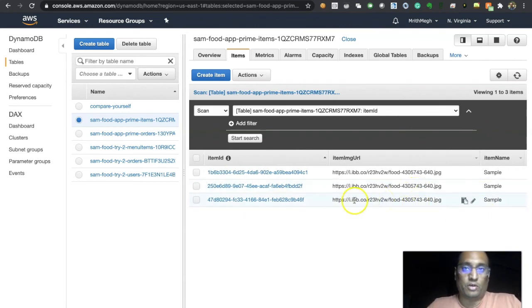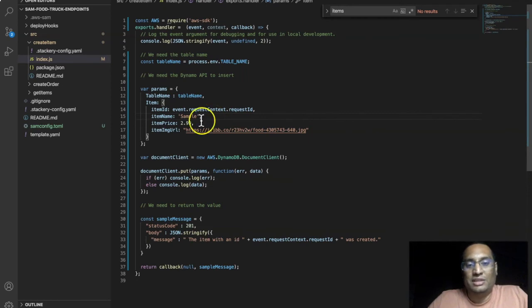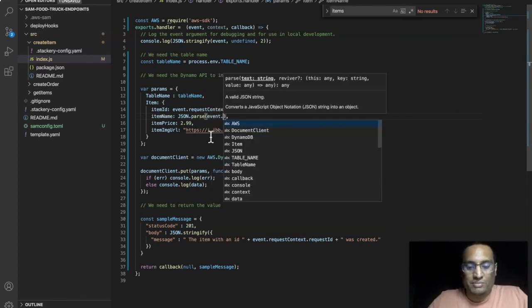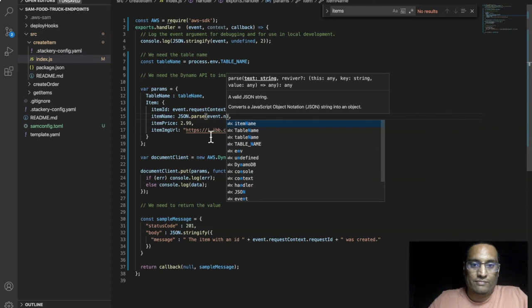The next step we are going to do now is make all these things flow from the request itself. Let's go and modify the code to retrieve these values from our request. So now that we have seen that it is all working, the only task now left out is to make this dynamic in nature, so that we pick up the variables whatever we want from the event request. So I mean the API request. So I'm going to use JSON.parse, and whatever we need is going to be present in the event request body,